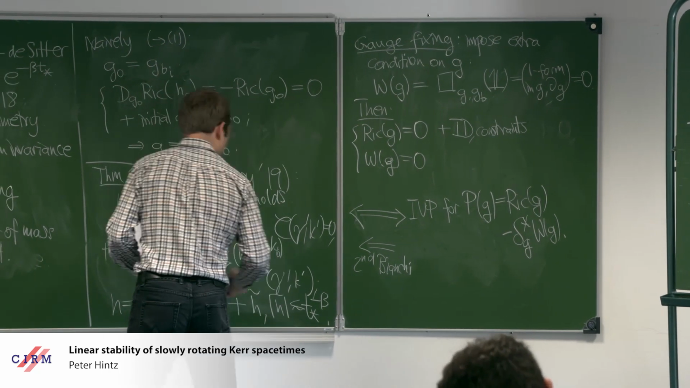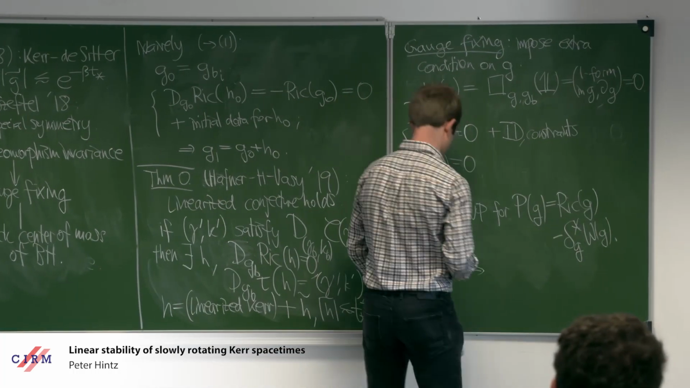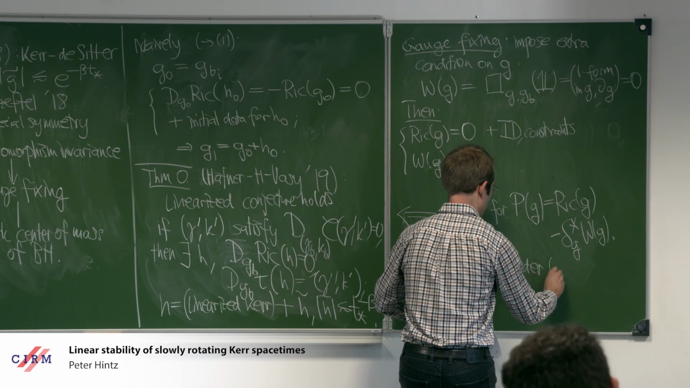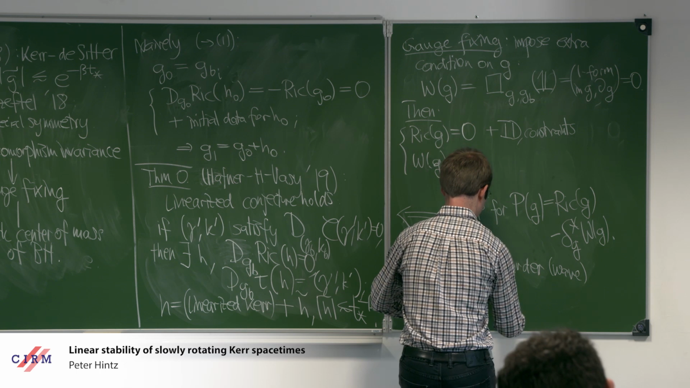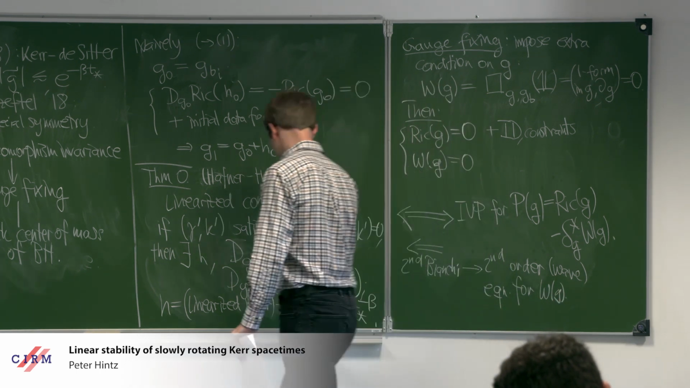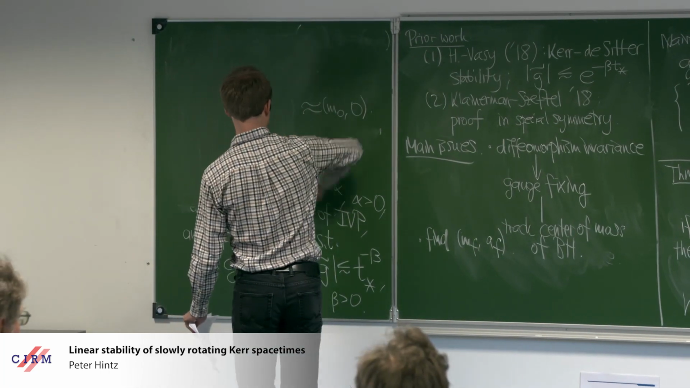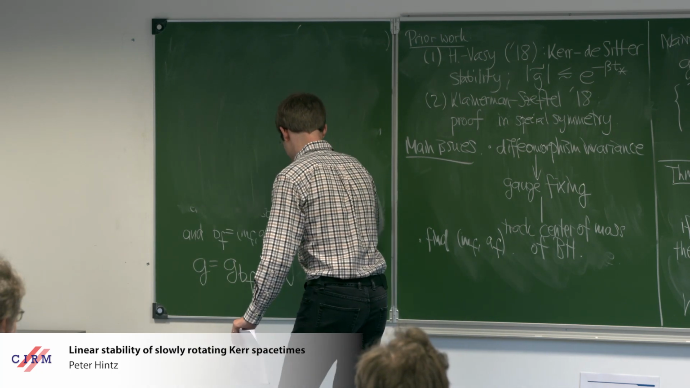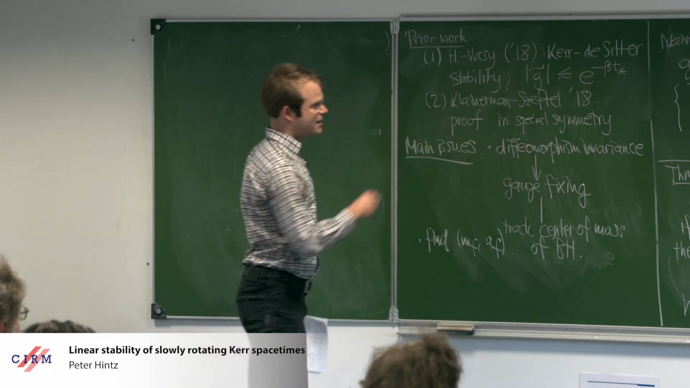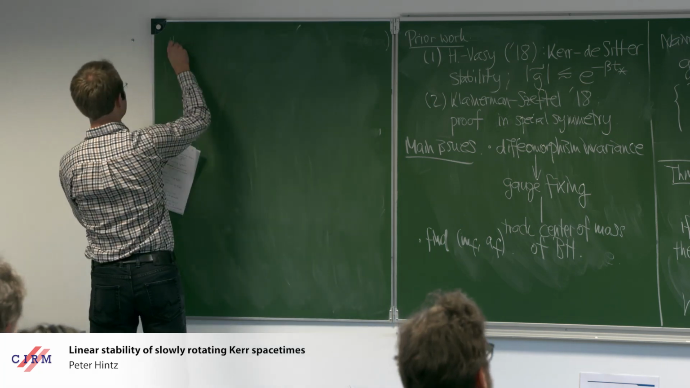Okay. So let me just write that down here, that you get a second order wave equation for the one form W of G. Okay. So now, because we're looking at the linearized problem here, I'm just going to take that board over there and just put a bunch of derivatives in front. So the linearized version